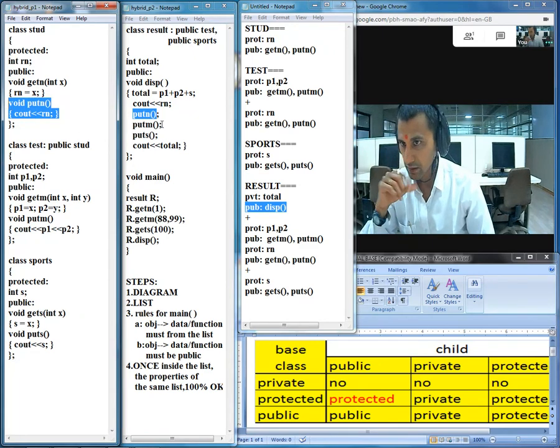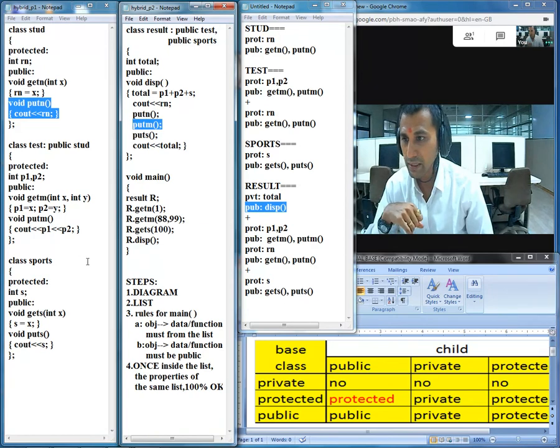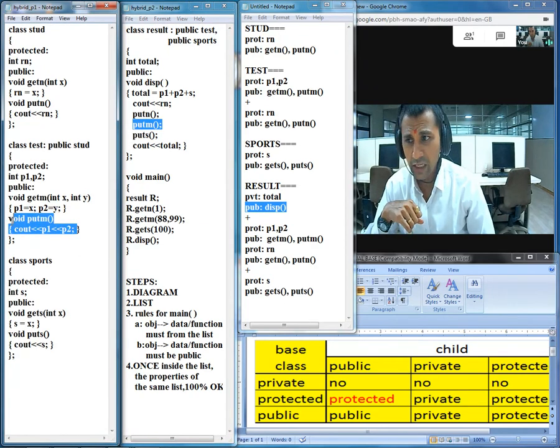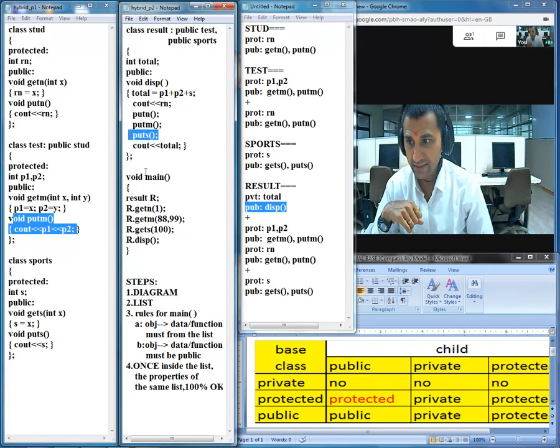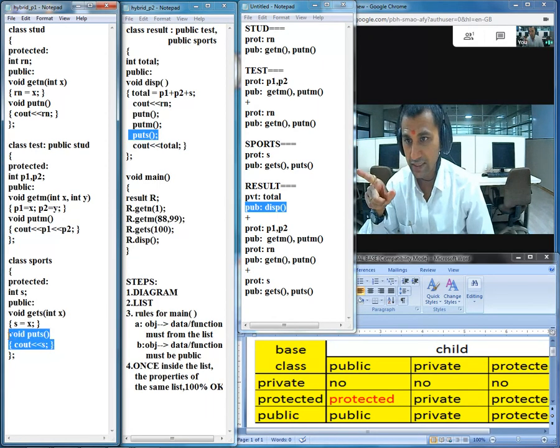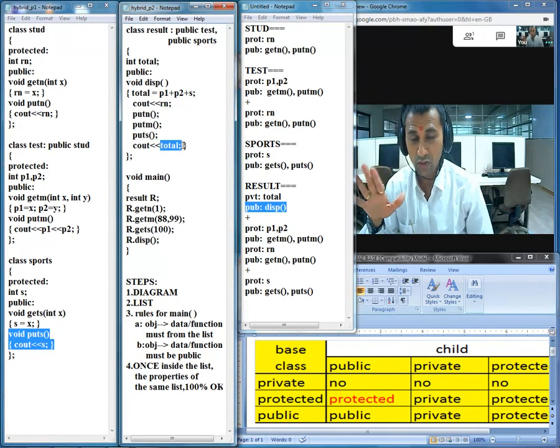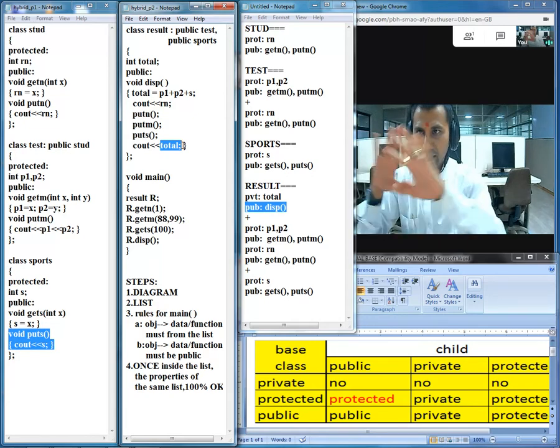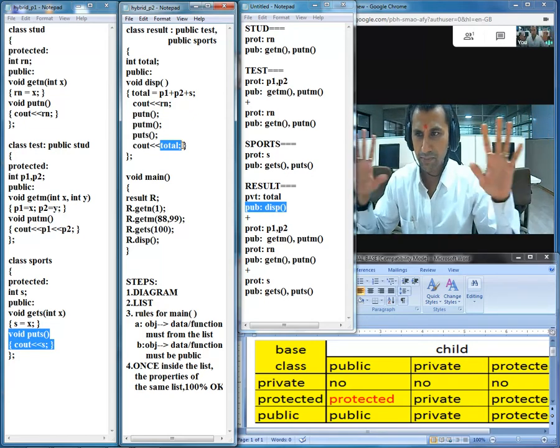Right after that, put m. So what else will be printed? The values of P1 and P2 will be printed. Put s, this time the value of s is going to be printed. And finally, total is getting printed.